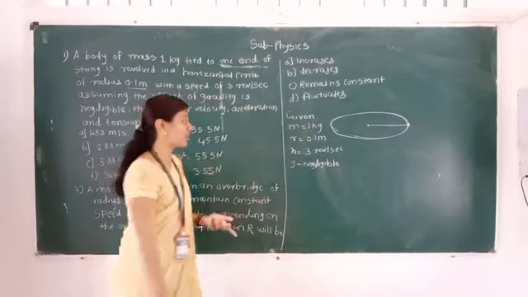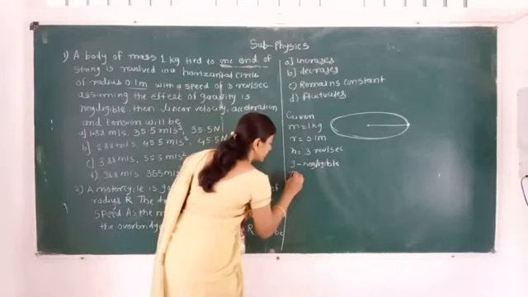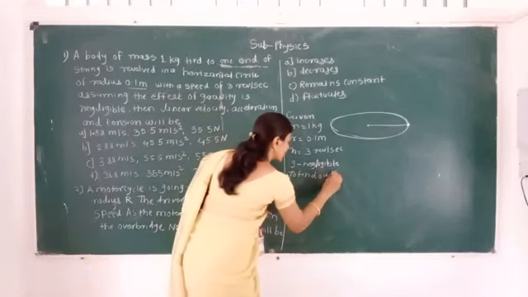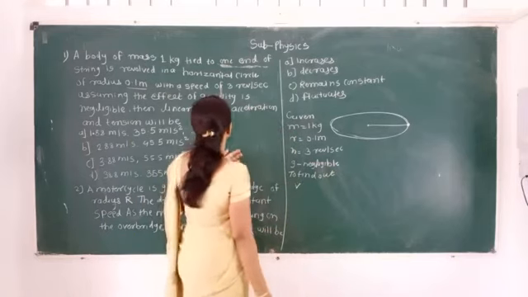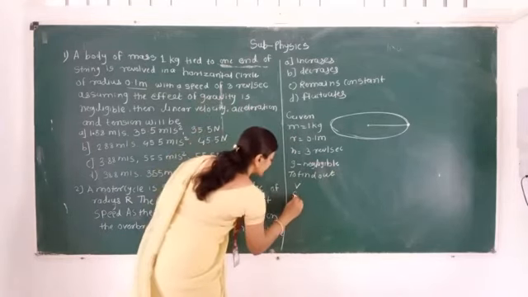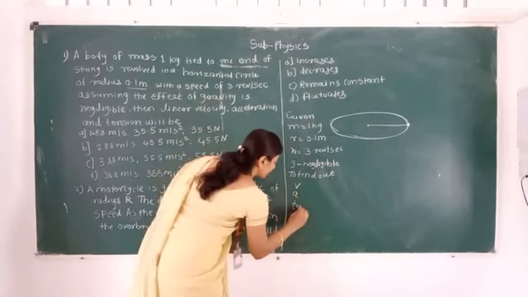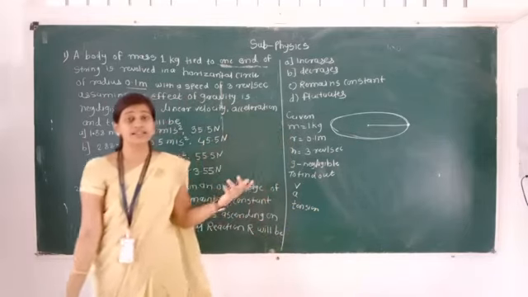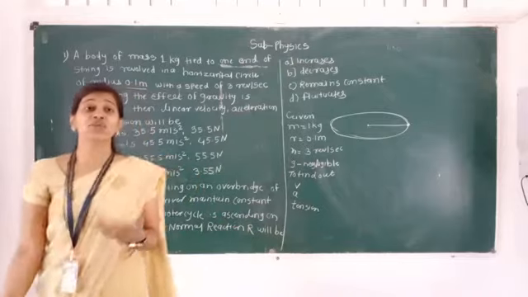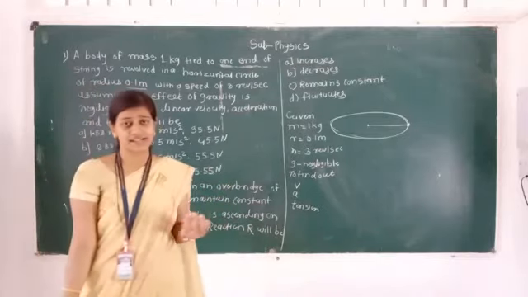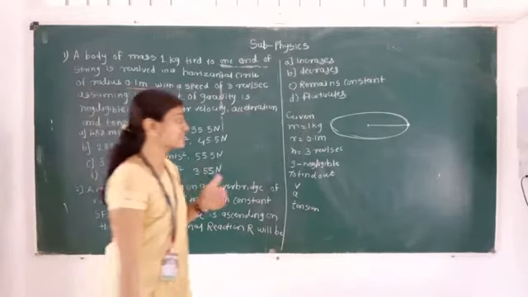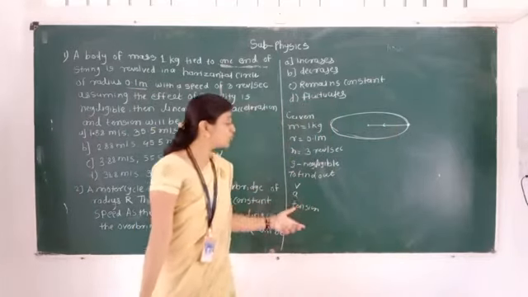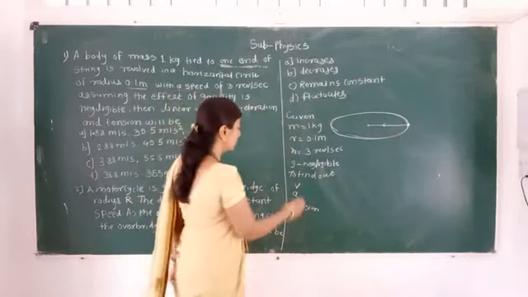Now what to find? Here let me write here. To find out V, linear velocity. Next is the acceleration and tension. Here the particle is revolving in a horizontal circle. That means here we are getting the centripetal acceleration is present. That centripetal acceleration is toward the center along the radius vector. We know all the formulas. Let me start to solve.